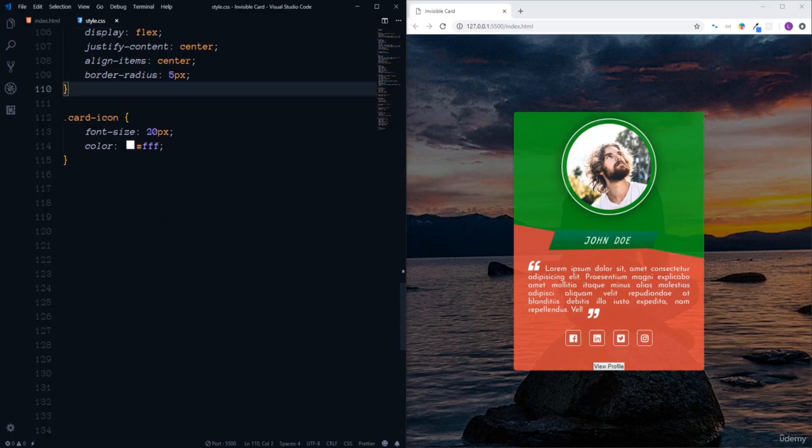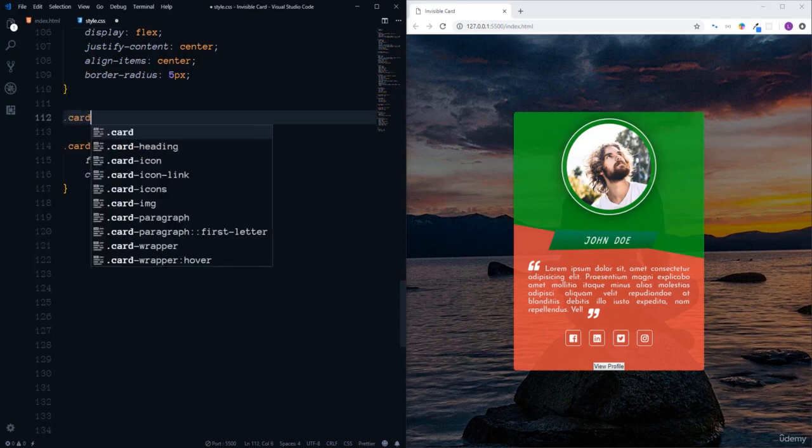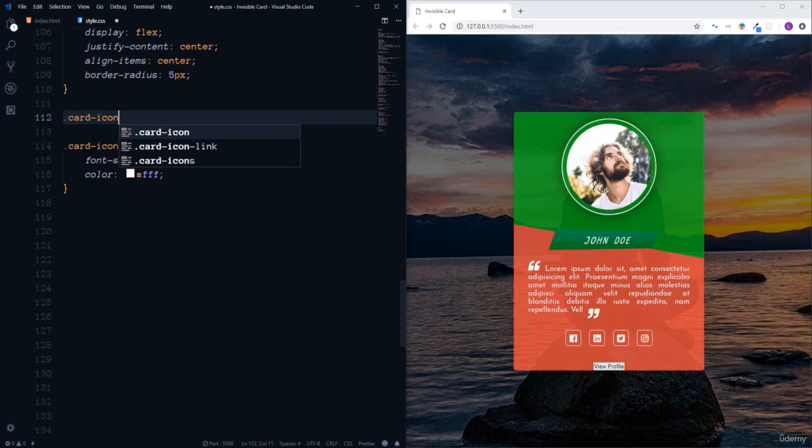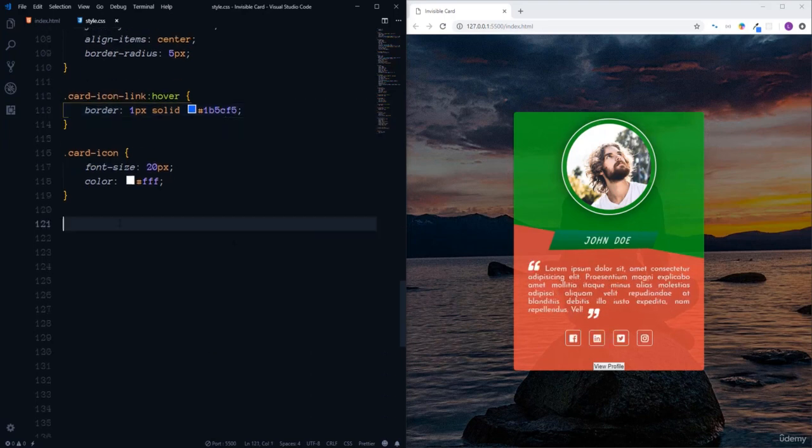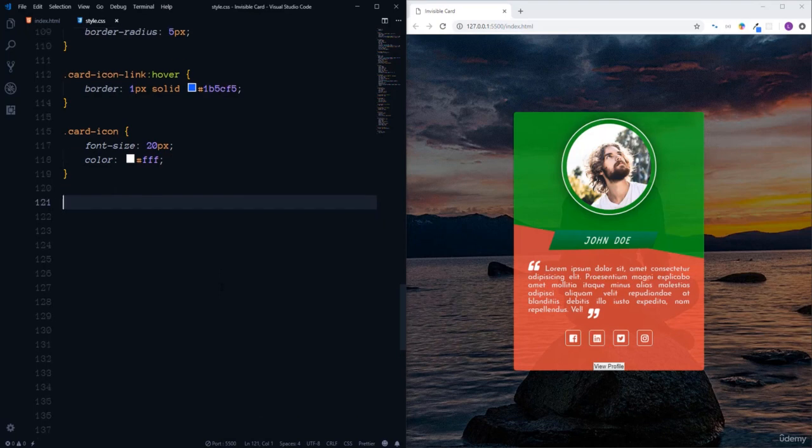So at first, select the link element. Then add hover. Let's copy the border property and change the color. I'm going to use here the color 1B5CF5. Next, I'm going to change the color of the card icon, and we need to do it when we hover on the link. So select again card icon link